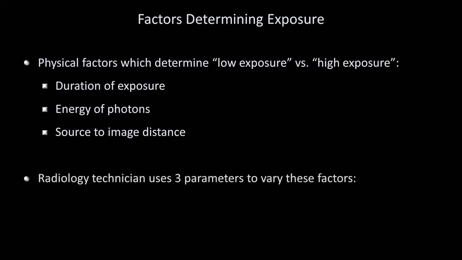The radiology technician alters these factors using three parameters at the time of image acquisition: milliamp seconds, abbreviated MAS, which controls the total quantity of photons produced; kilovolt peak, abbreviated KVP, which indirectly controls the energy of the photons produced; and the source to image distance, abbreviated SID, which controls the fraction of produced photons which actually strike the film. The greater the distance, the greater the number of photons that will miss the target. For PA films, the standard distance is 6 feet, but for portable films, this may need to be adjusted depending